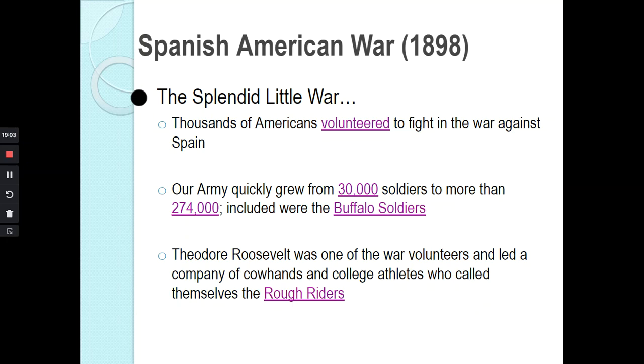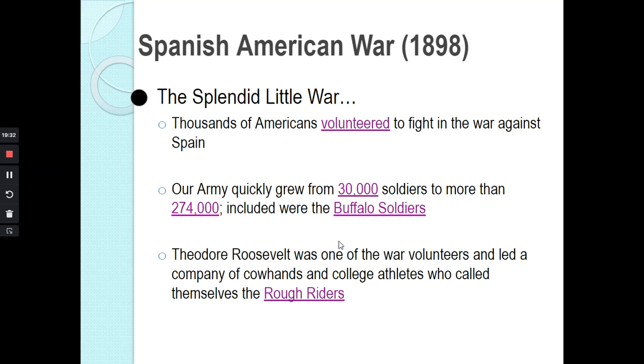The problem, when they were loading the ships in Tampa Bay to go to Cuba to fight, half of the athletes and cowboys didn't get on the ships. They missed it. And when Roosevelt got to Cuba and they came off the ship, he realized half of his troops weren't there. And so when they fight at the famous Battle of San Juan Hill, which we'll get to in just a minute,